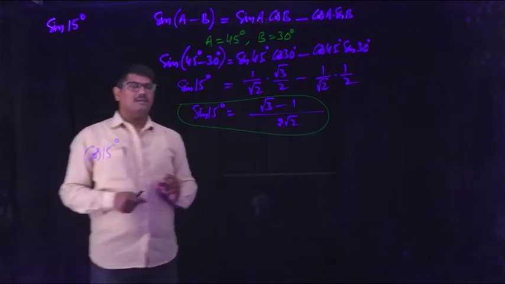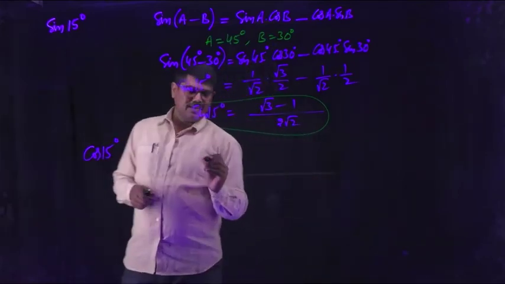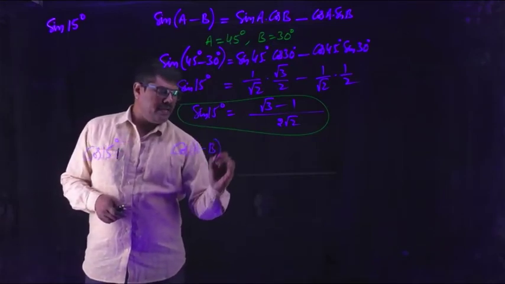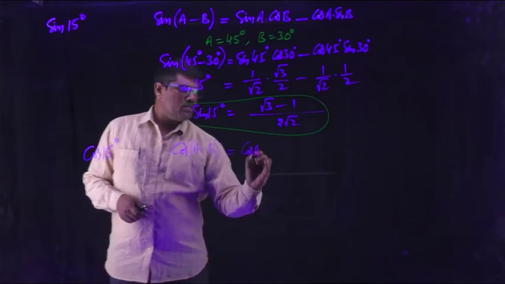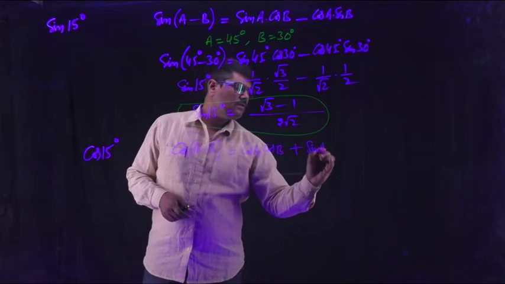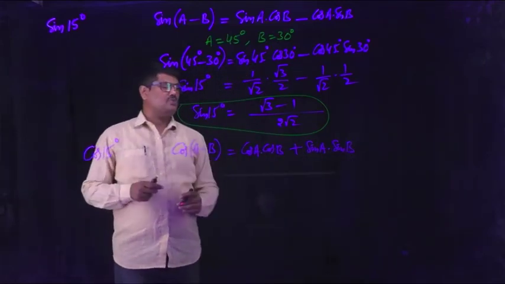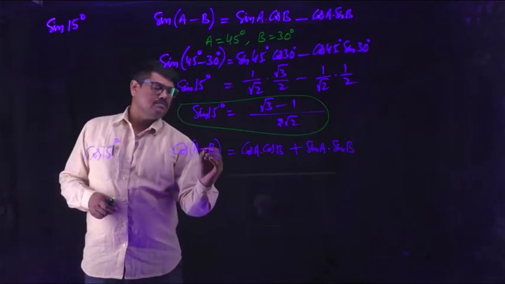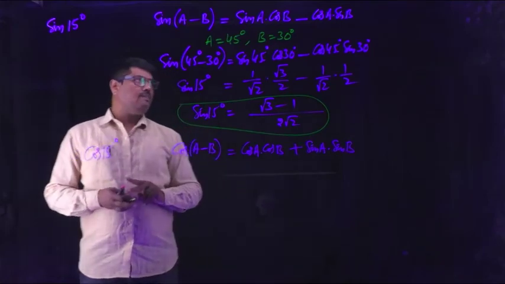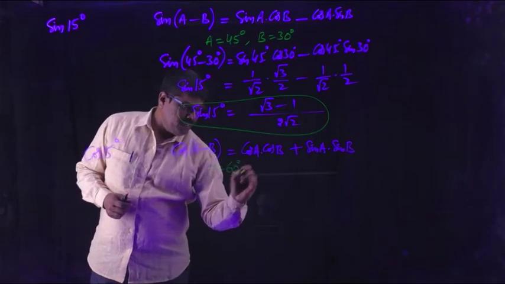In the same manner, we are going to find the value of cos 15. For this, let us consider the cos A minus B formula again. What is cos A minus B? Which is cos A cos B plus sin A sin B. Generally, cos has an opposite sign from LHS to RHS. If minus is here, in RHS it will have a plus sign. Now again taking A 45 and B 30. Let me try in another manner, A 60 and B 45.